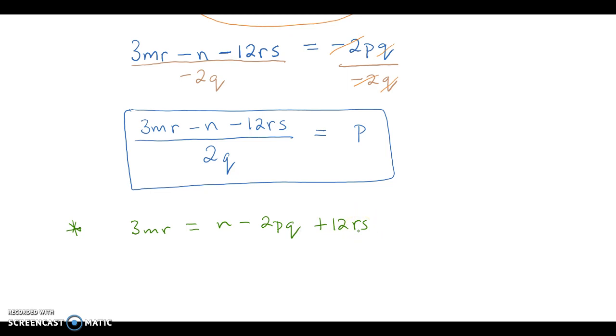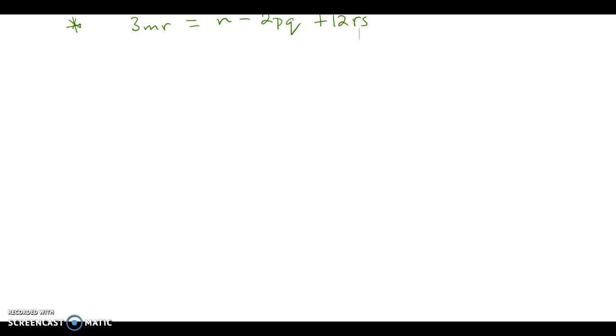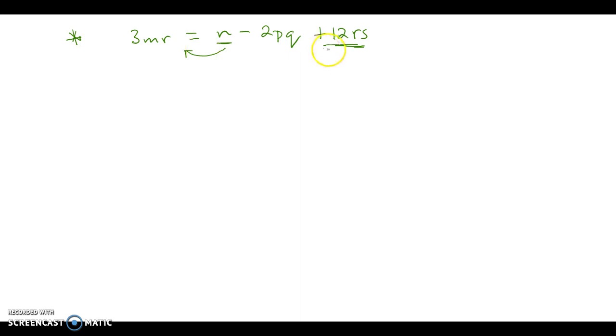And again, move the terms that don't include a p. I'm sorry, just having a little bit of trouble here with my mouse. Move the terms that don't have a p across, so this one and this one, we're going to move each of those across. So that would give you 3mr minus n, move the 12rs across, becomes minus 12rs, is equal to minus